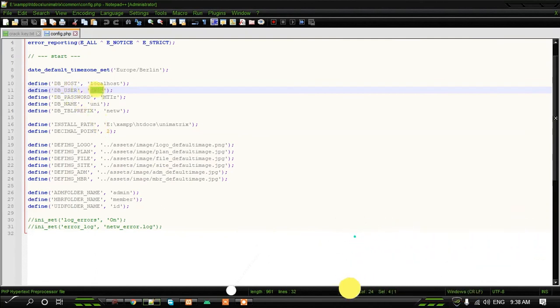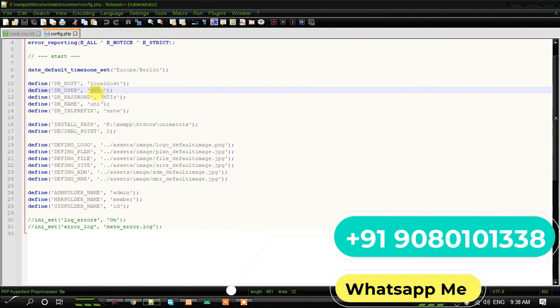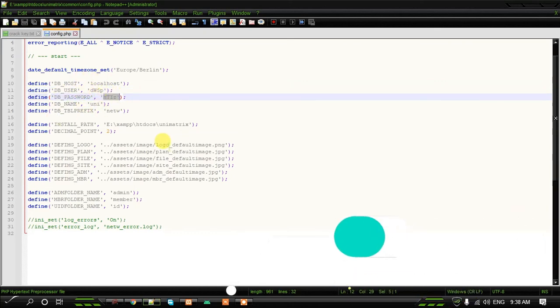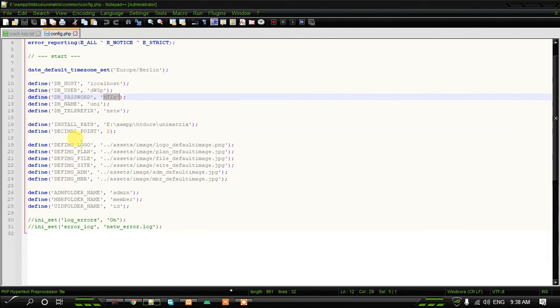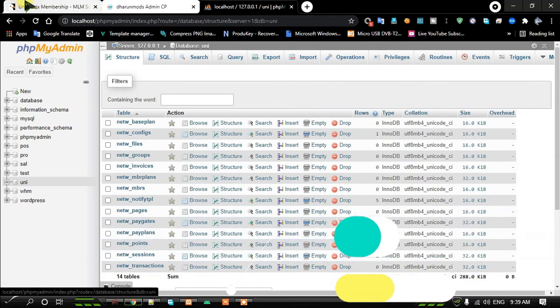My DB name is uni and the password is 123, but you can see different text in the database password and database username fields, because the developer used an encryption method called base64 to secure your database.